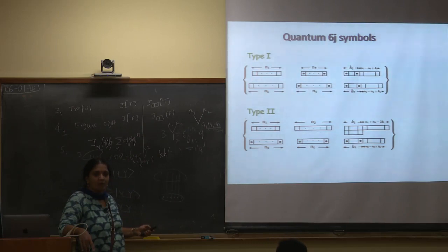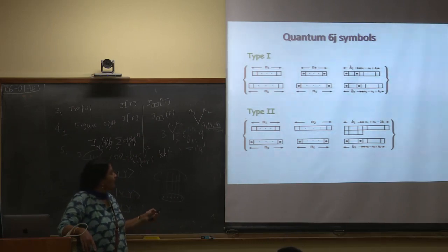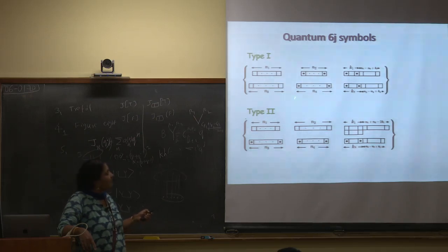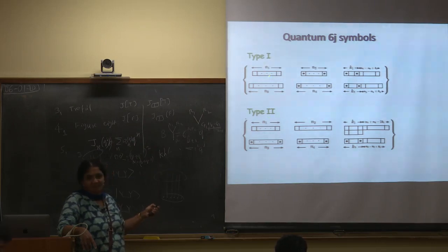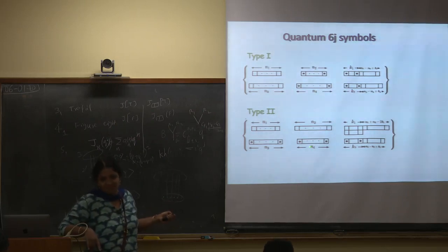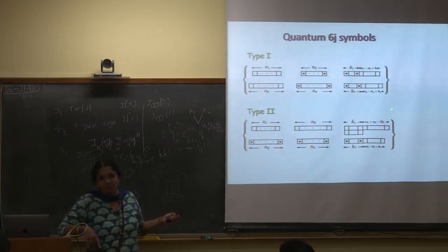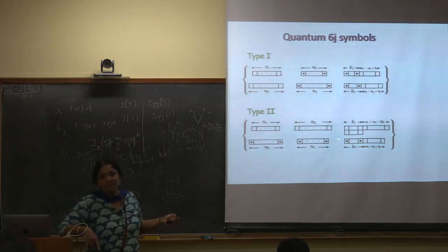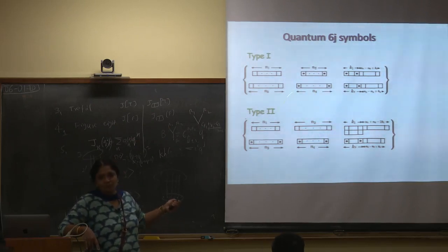This classification is based on what? Type 1, type 2? Yeah, type 1 means the adjacent two strands are anti-parallel. Type 2 is when adjacent two strands are parallel. These are directions. Once the directions are parallel, I will use the representation. If it is anti-parallel, I will put the conjugate of the representation. In SU(2) it does not matter, so in fact both the answers will match. When you put in SU(N) n equal to 2, both the answers match, and for n not equal to 2, these two are distinct.